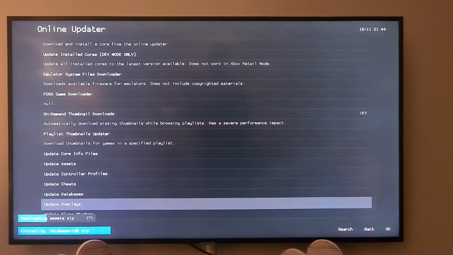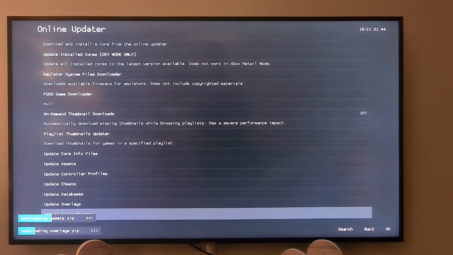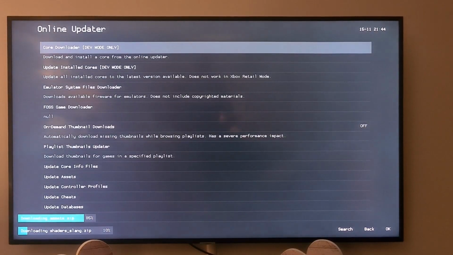Just basically work your way down from the first one where it says update core info files, click on each one, and as you'll see, it will download a zip file containing whatever it is you clicked on. Once it's downloaded, it'll extract them in place. So it'll work its way down, and you'll see in a second, once it's finished downloading the assets.zip, and the assets are things like the menus and icons and bits and pieces to make it look nicer. You'll see once it's done that, the screen will go blank, and then RetroArch almost kind of reloads,